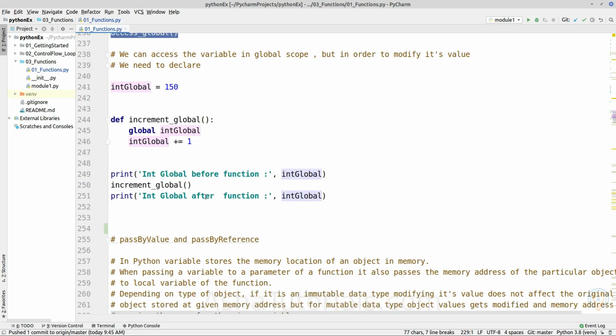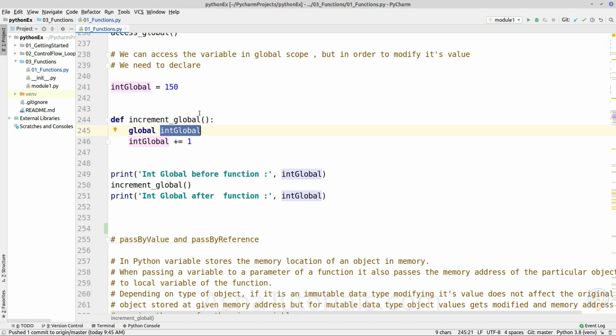To allow it, we need to mark the variable as global, which will allow us to modify it. This is by design; it is restricted by Python.